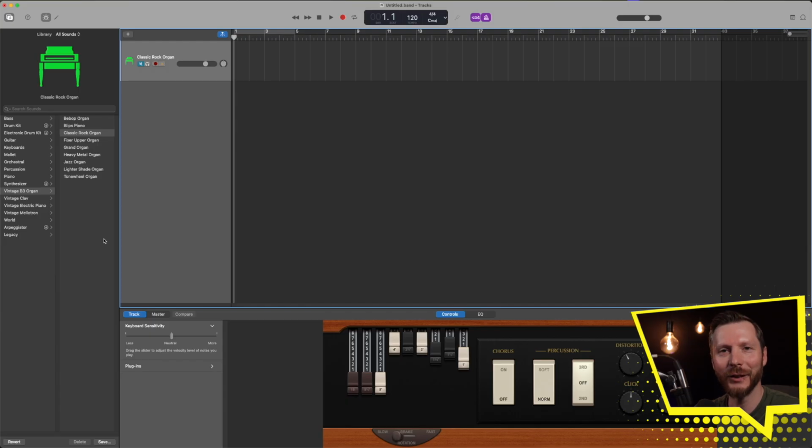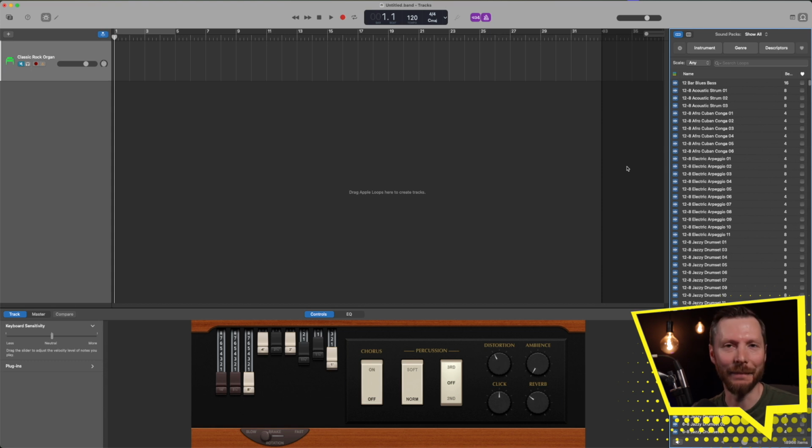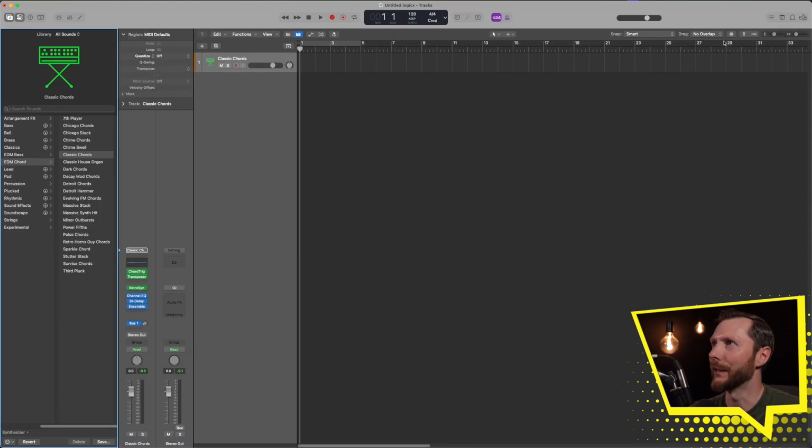Now let's head back over to GarageBand for a second. So in addition to the library being the same, if you're used to using Apple Loops in GarageBand, which you can get to over here, you also have the same thing in Logic Pro. So let's head back over to Logic. So same thing in Logic. If we go up to the little loop icon,